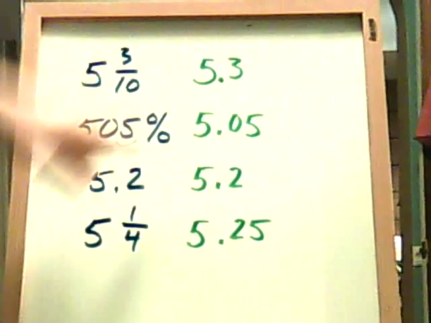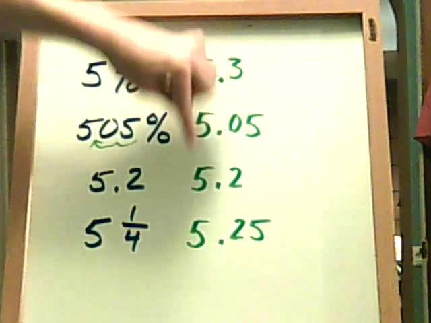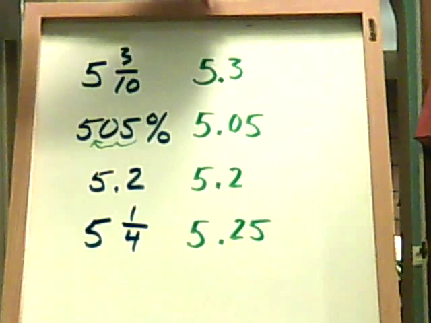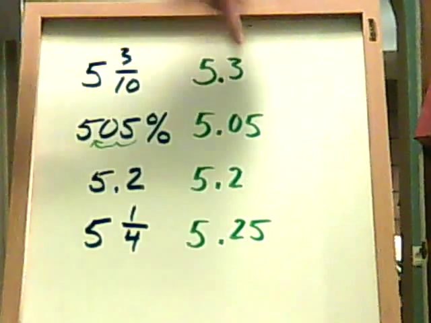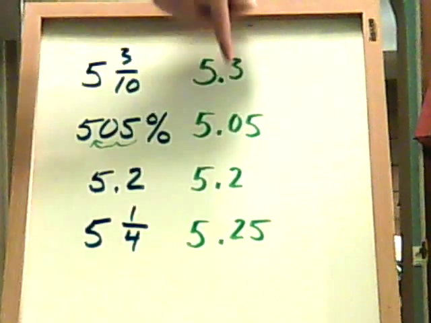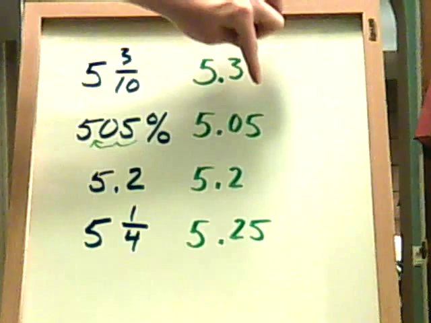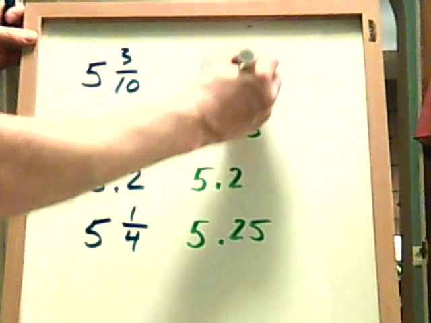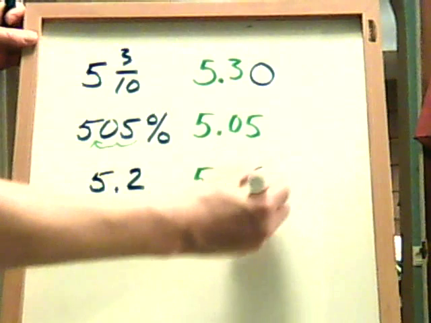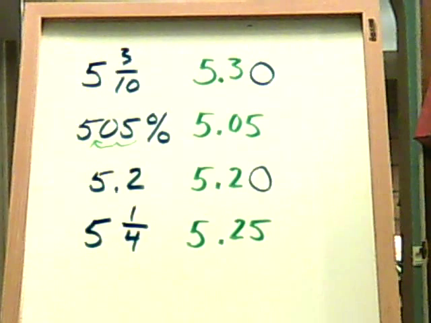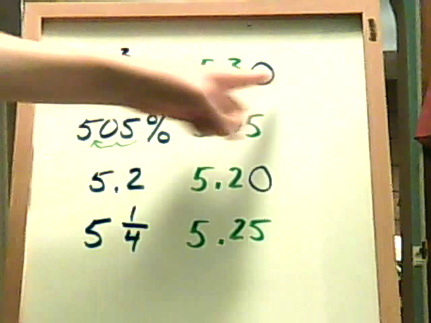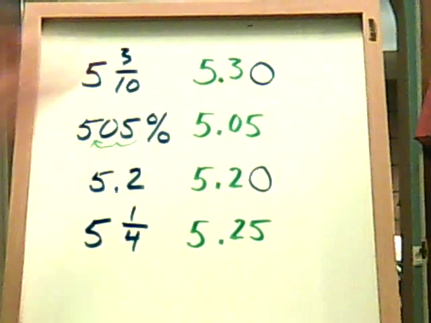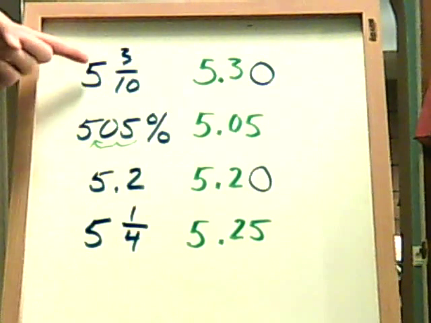We could put a 0 here, and we need to. Notice we've lined up the 5s, that's the whole number. We've lined up the decimals. We lined up the tenths position. Now, some of the numbers are longer. Well, you just fill those in. You can add zeros on the back side. It doesn't change the value of the number. We can add zeros all the way out, and it would still be the same thing as 5.3 or 5